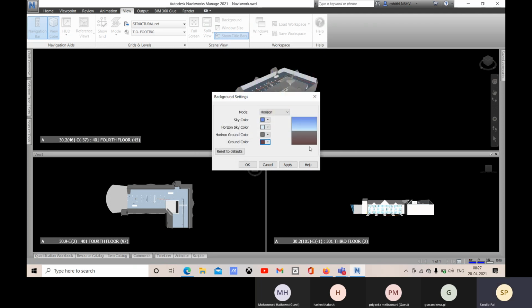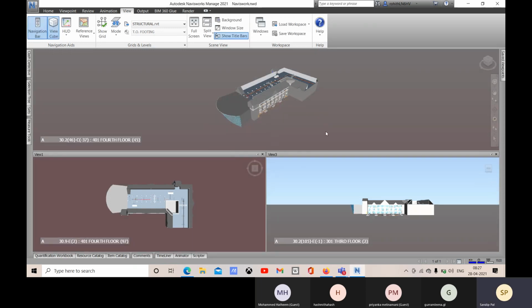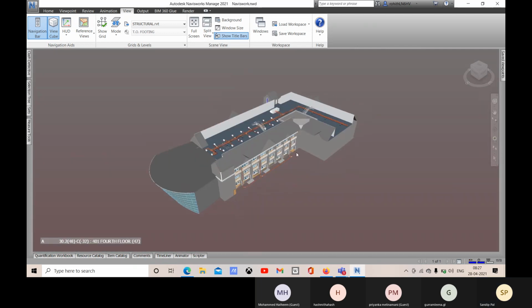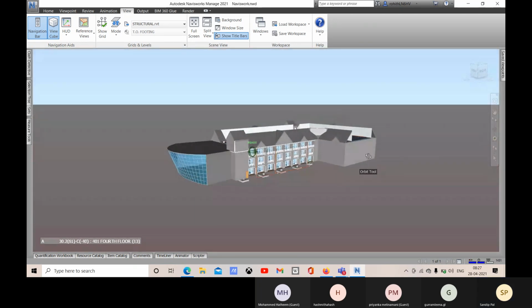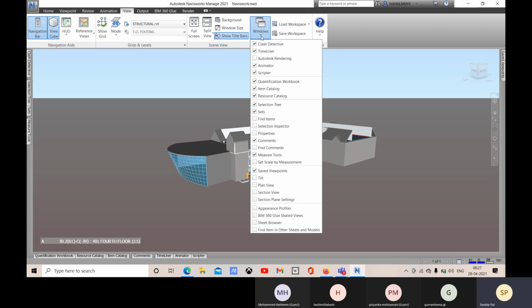And click on OK. That is set. Apply it and click on OK. And there you have it. Okay. And now let me close this. I need only one right now, so that I can set. All right. And there you see that